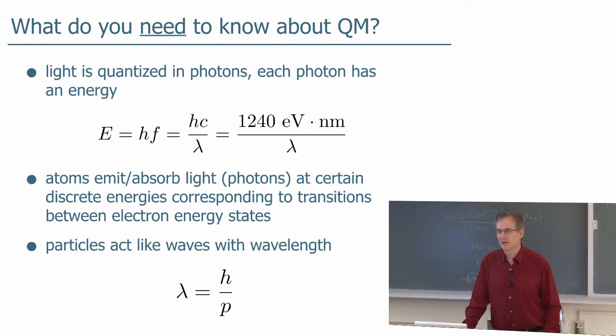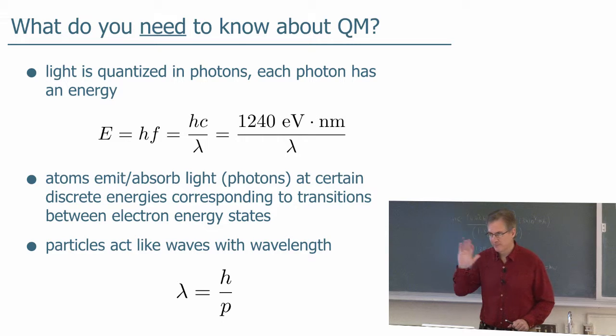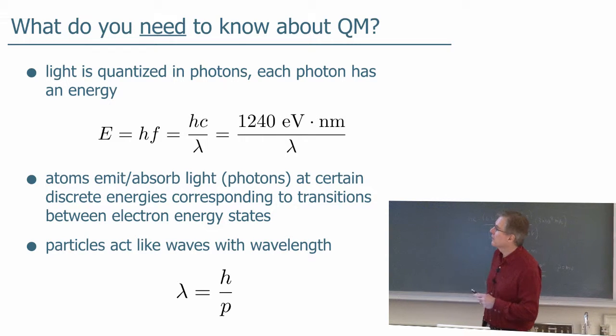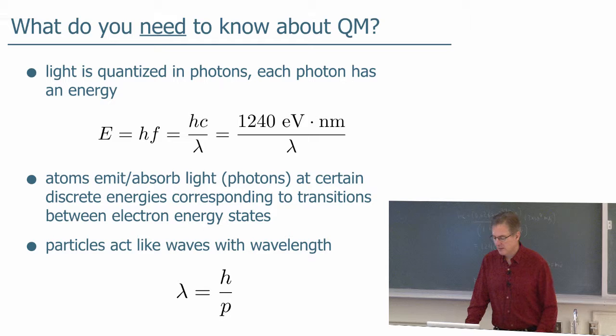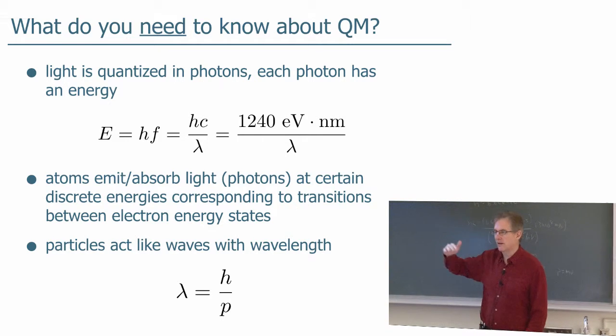There are only so many ways we can ask our questions, right? We either give you the wavelength and you calculate the energy, or give you the energy and you calculate the wavelength, just by inverting this equation. Pretty straightforward. You've got to know that atoms emit and absorb light, photons, at very certain, discrete energies corresponding to transitions between different energy levels. And we saw the energy levels of the hydrogen atom. And you'll discuss that further in DL, and so forth.